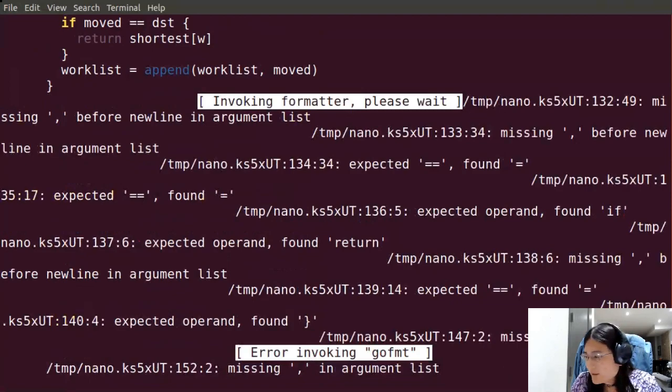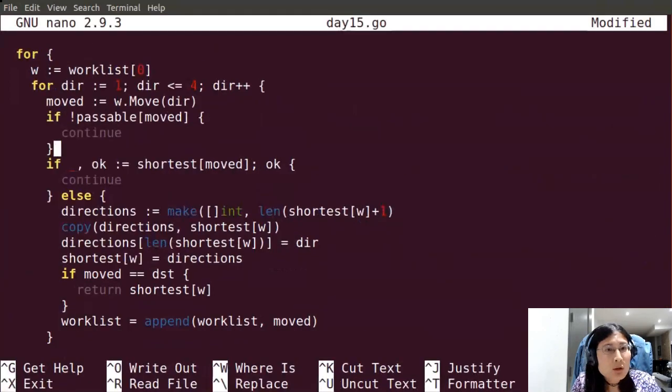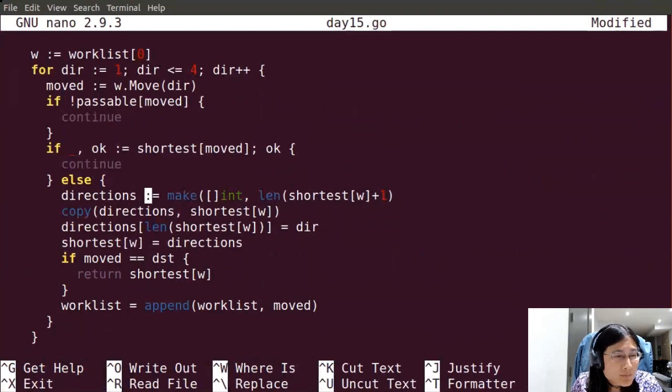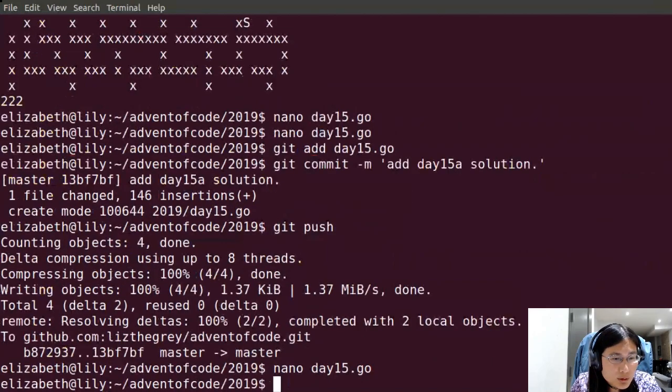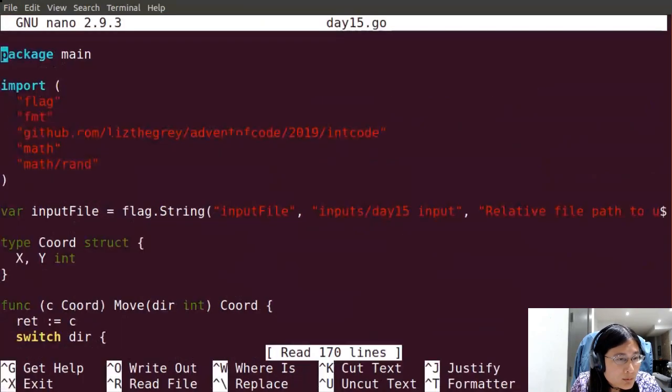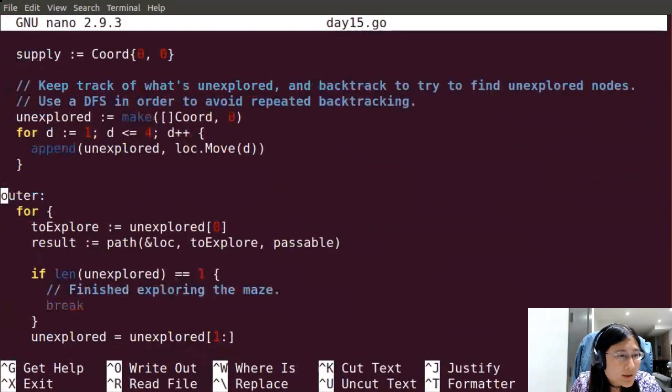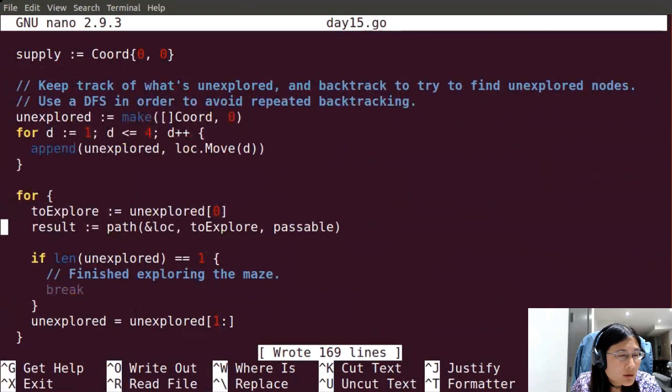Ah, okay, line 132. Oh, whoops. All right, what else should I set up? Oh, this isn't used anymore.